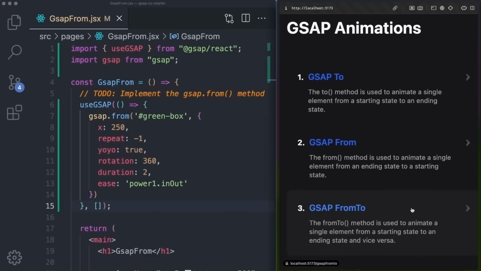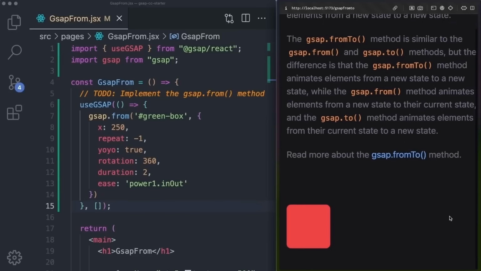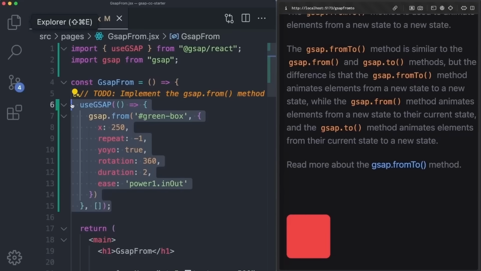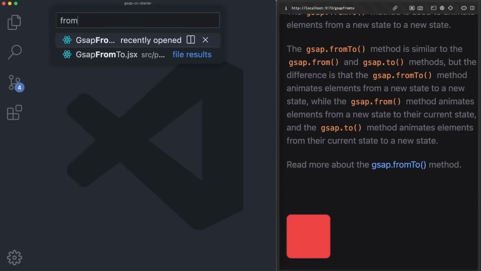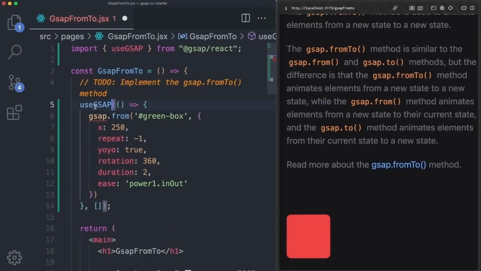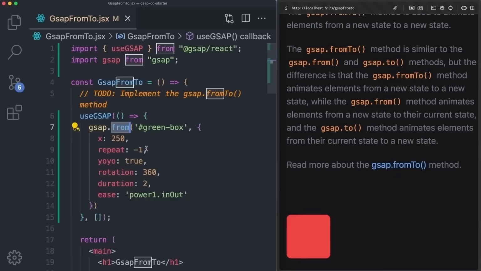The next method of the day is GSAP fromTo, which, as the name suggests, is used to animate elements from a new state to a new state, similar to from and to methods, but the difference is that here you can define both states. So if we scroll down, we can copy the entire thing we have here and navigate to fromTo. So let's paste what we copied, import the hook as well as GSAP. We can modify the method to fromTo,